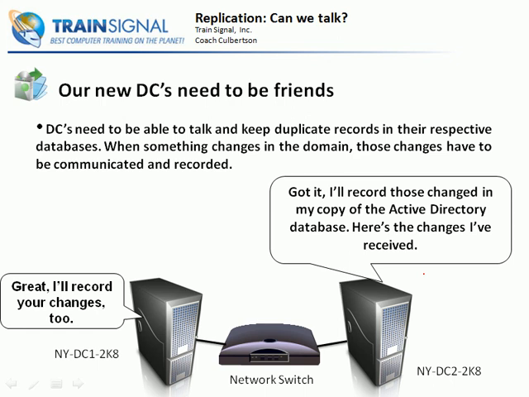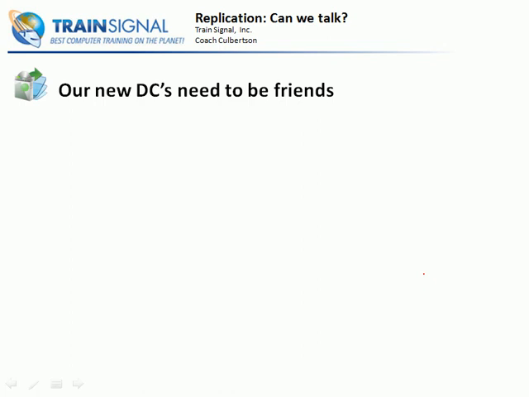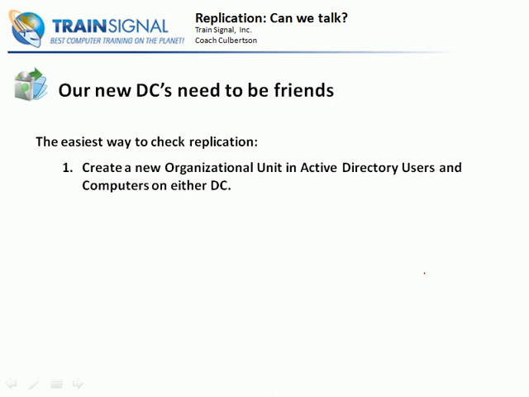And if they can't talk, we're going to have massive problems in the database as time goes on. So let's talk about how we can make these things talk. Now, this whole process of talking and recording changes is called, of course, replication. The easiest way to check replication between two domain controllers is what we're going